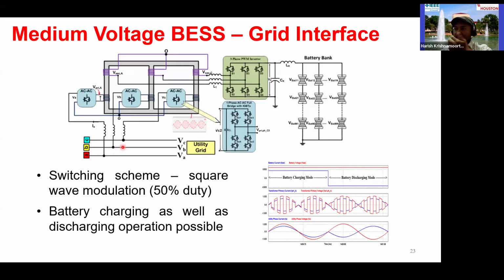Now, some of this research that we had done before, like how to interface battery energy storage systems to the grid using solid-state transformers. So this is a solid-state transformer. You can see some of the power converters on both sides that can process DC on one side and AC on the other. I don't want to go too much in detail, but basically, such solid-state transformers can be interfaced from AC to AC or AC to DC or DC to AC. Several combinations are possible depending on how you operate.